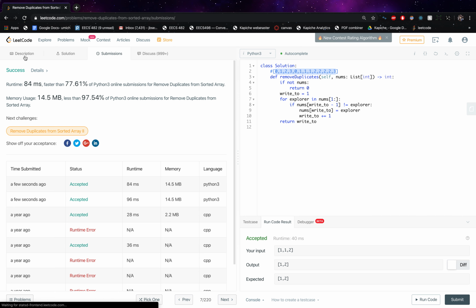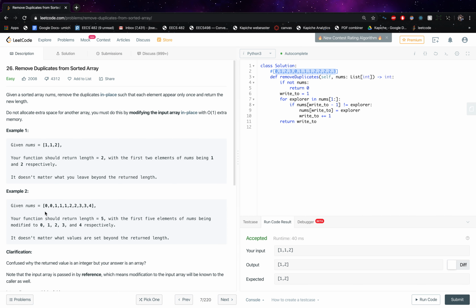Okay, so just to review, in order to delete things in place, we had a place where you write to, and a place that's looking for what you should write. One of the tricky things was figuring out that you don't want to compare the write to thing to the Explorer, because the write to is garbage. That's a good way of putting it. The thing where write to is garbage. The thing before it